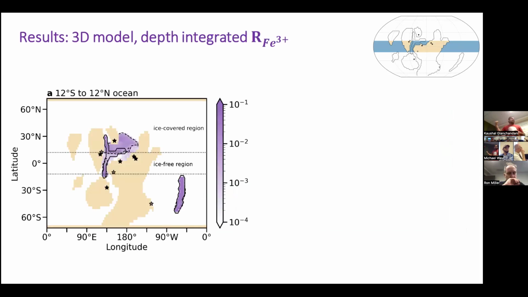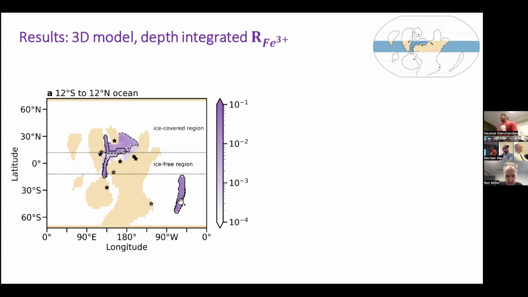So this is the iron 3 deposition map that is obtained from these simulations for a 12 south to 12 north ocean with a 3% modern phosphate level. As you can see, the iron deposition is mostly happening in these juvenile ocean basins, which are located near the hydrothermal vent. Interestingly, all but one of the banded iron formations that have been dated to the Sturtian glaciation are found around this region, except for this one.